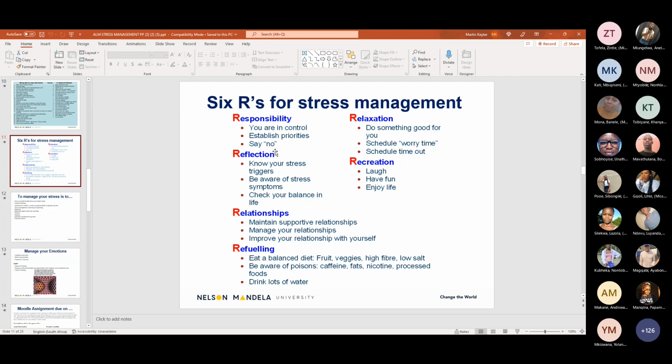And if you poorly manage stress, that then increases or creates more stresses in your life, which you can do without. So please be aware of this,